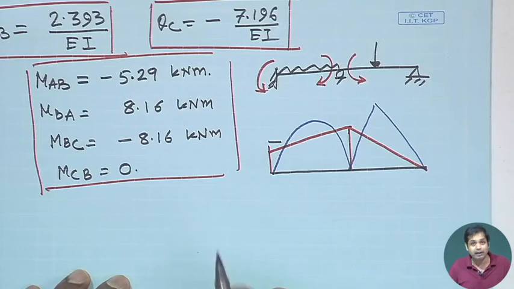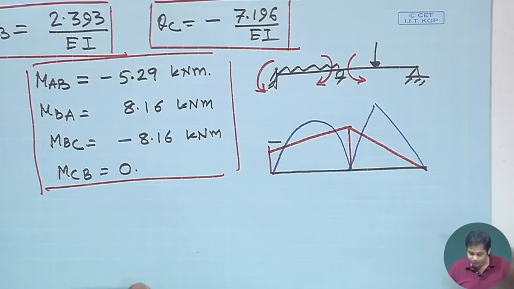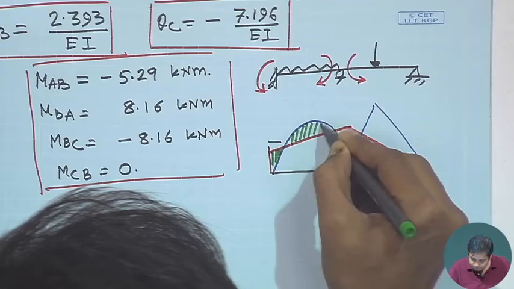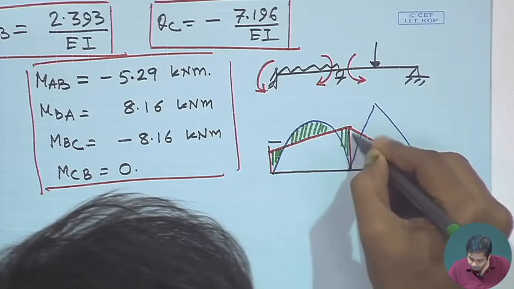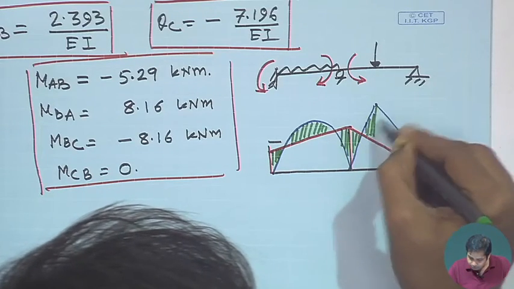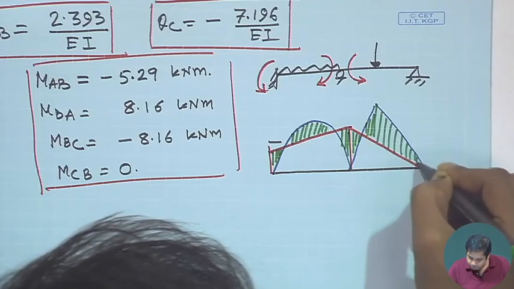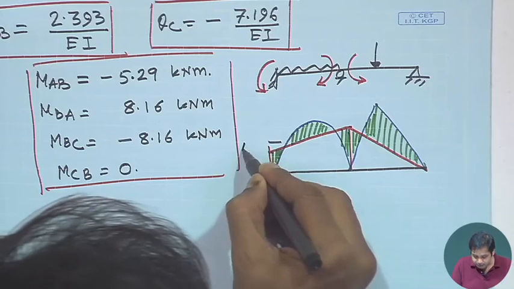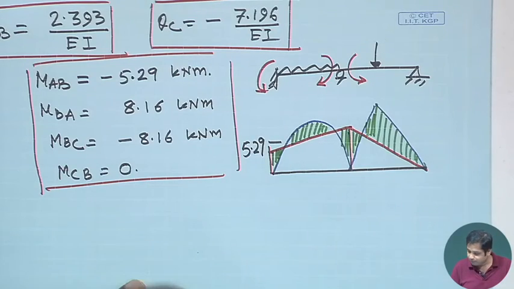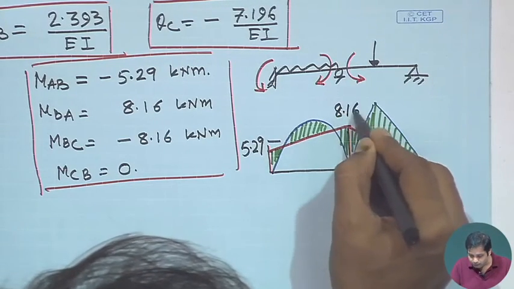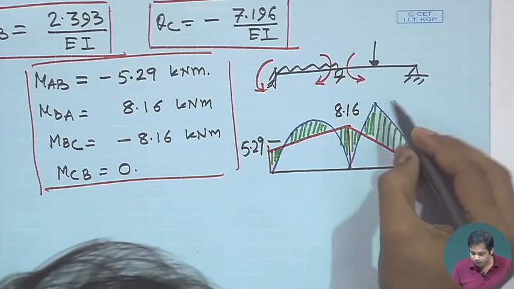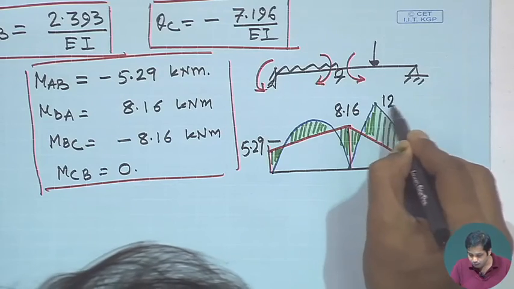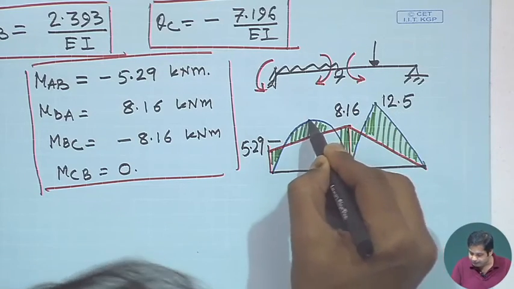So, some part will cancel each other. So, your bending moment will be only this part. Only this part will be your bending moment, and let us write the values. So, this is 5.29 and this is 8.16, and this value is 12.5, and this is at the max, this value is